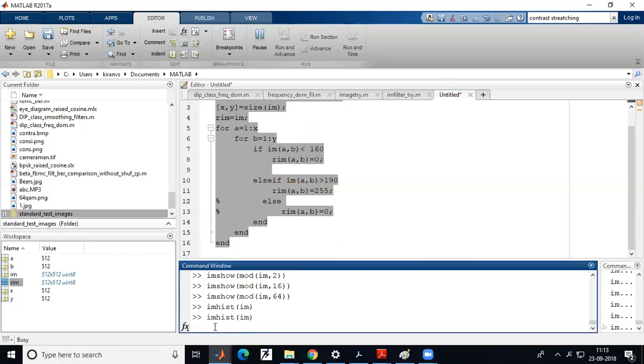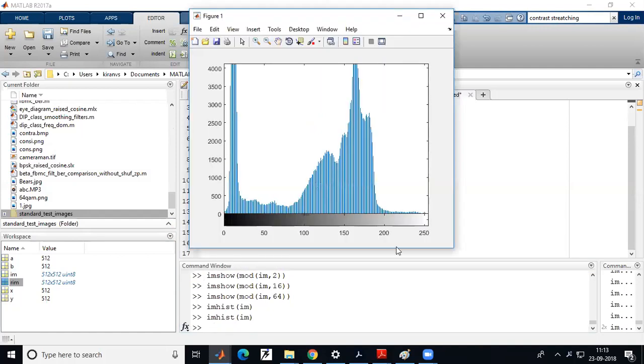Now let me show you the histogram of this. Just see the histogram. Let me take 2 pointers here. You can see plenty of values between maybe 10 to 25. Then there is a peak here at around, what's this number? Maybe 160. Just remember this. Now what I will do, I will make a slight change in the